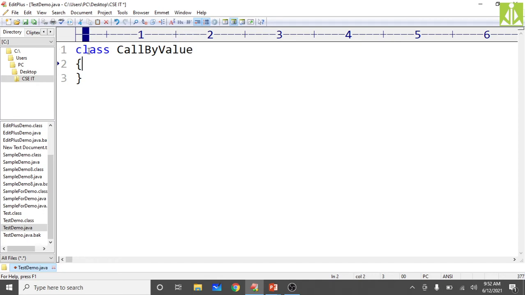This is my class name, and inside this class I am taking a void method with the name method, and I am supplying two arguments to it, i and j. Inside this method I am doing some changes to the formal parameters. i and j are my formal parameters, and I'm doing some changes to them.